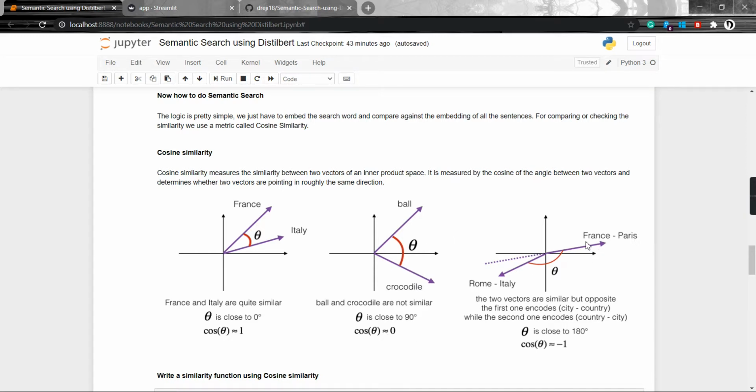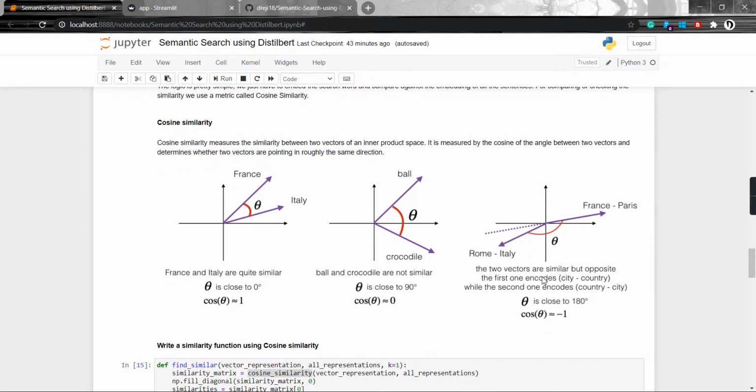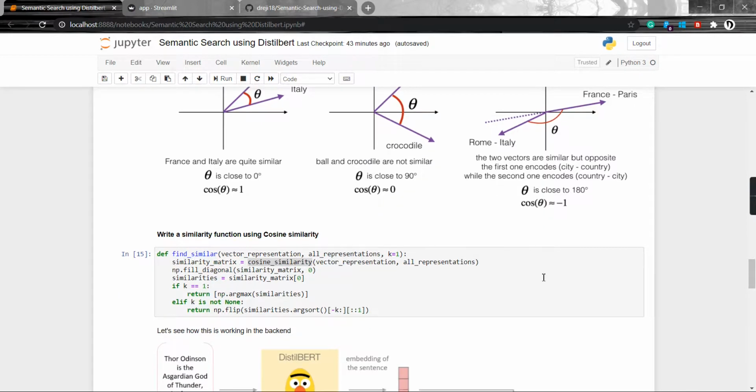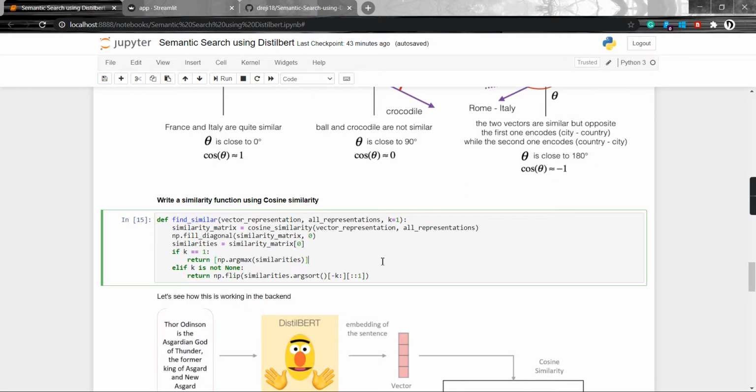And here we can see France and Paris, the pair has a 180 degree relation with Rome and Italy. So the vectors are similar, but in the opposite direction. Now we can understand how this is working. To implement this in our code, we need to write a simple function for cosine similarity.